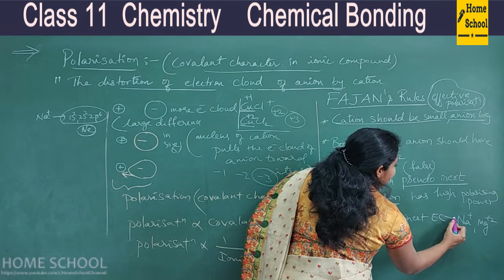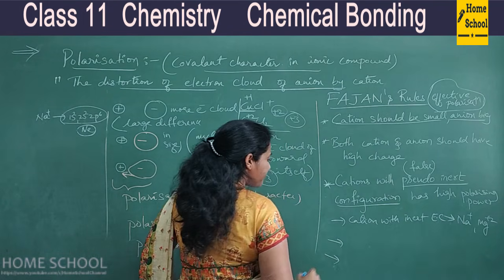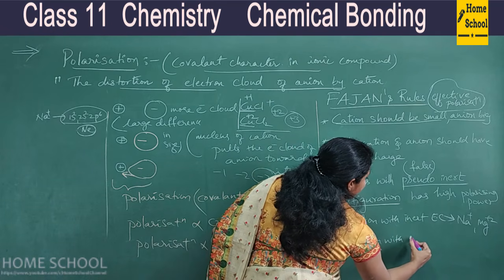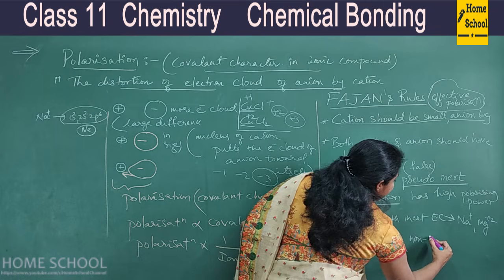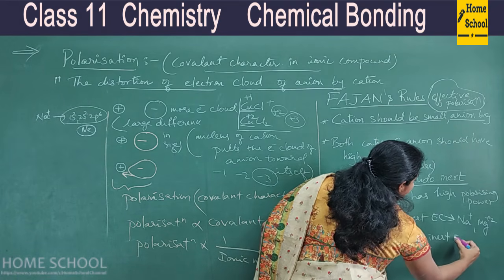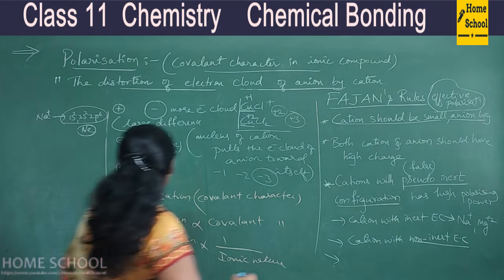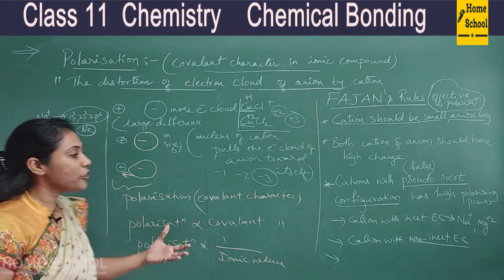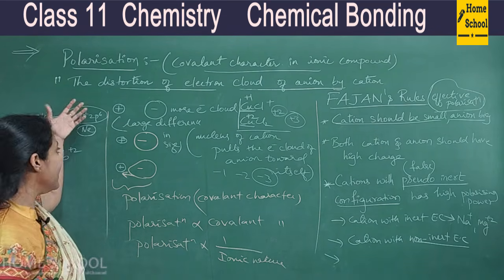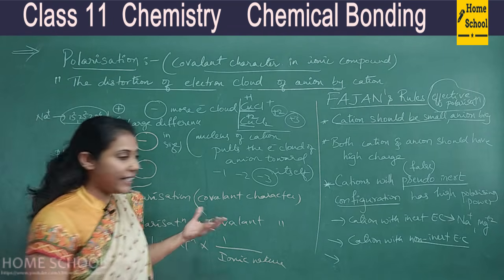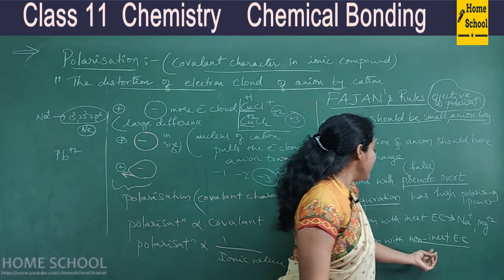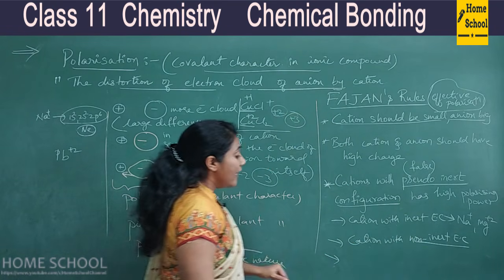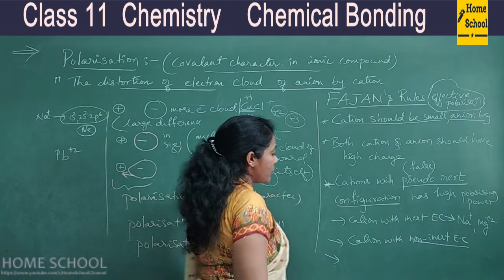Okay. And the other type of cation you see, cations with non-inert electronic configuration. Okay, say lead. If you take up a lead ion, it will not show inert gas electronic configuration, right? So such cations are called non-inert electronic configuration showing cations, right? And coming to the third category, which is very important,